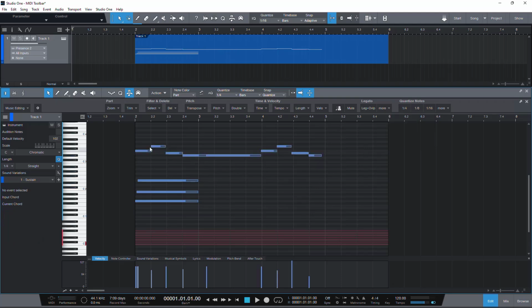Now, what happened was the performance got destroyed. This note, which is the same pitch as this note, got extended, which would mean this really would not play with my modern sample libraries because there's no gap there. And this note, which was almost a full bar away from the next note, got extended, so it really just destroyed the performance. So I'm going to undo that, and I'll go back to my Midi toolbar,